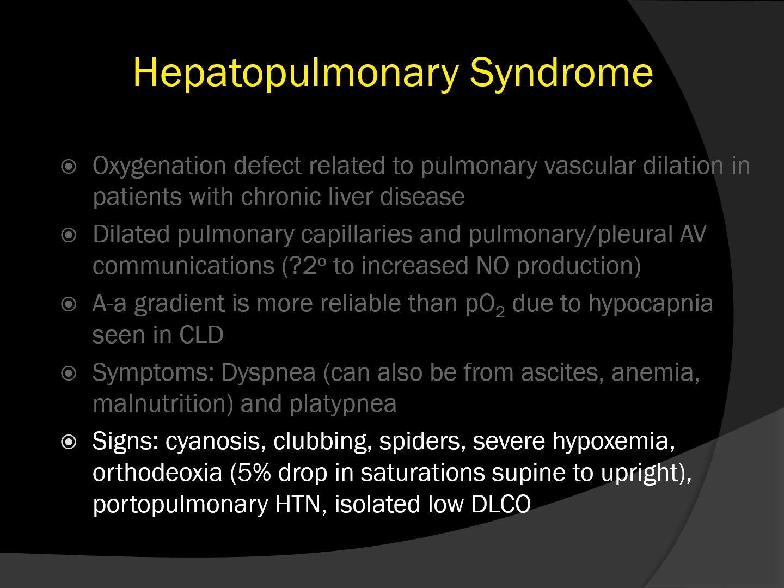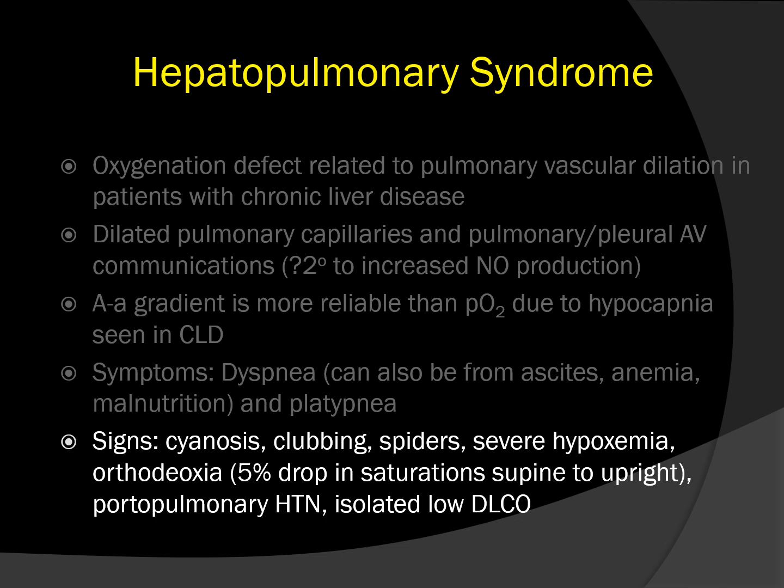Signs of hepatopulmonary syndrome are interesting. Cyanosis because of shunting, clubbing, spiders, severe hypoxemia, orthodeoxia, which is the sign that correlates with platypnea. When someone moves from supine to upright position and they say they're more short of breath sitting upright, when you diagnose platypnea, you should check their saturations. And if they drop more than 5% on assuming an upright position, they are then found to have orthodeoxia. And that's pretty specific for hepatopulmonary disease, or at least orthodeoxia suggests that there are dependent shunt areas in the